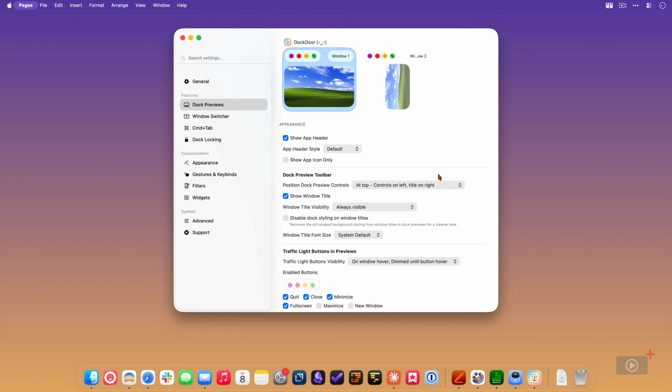You can also choose which traffic light buttons are going to appear. So the default of quit, close, minimize, and full screen are checked at the bottom, but you can add maximize and new window as well. And you can see those two new ones appearing at the far right there. I don't tend to use the new window one, but the maximize one I do get a lot of use